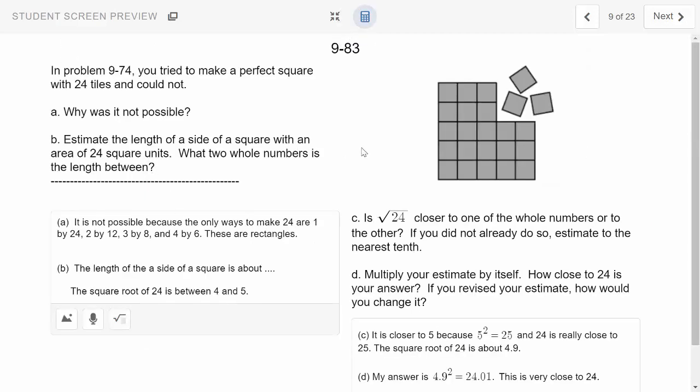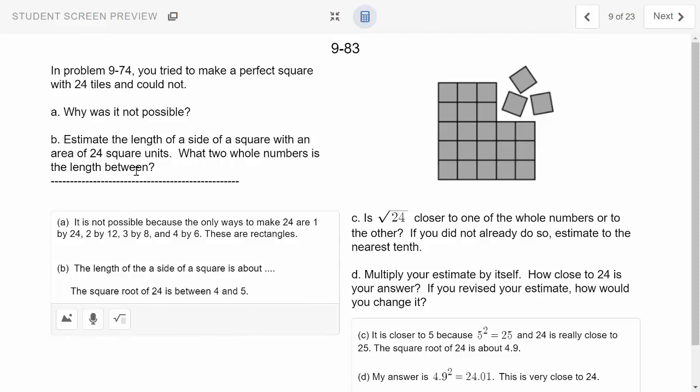Problem 83. It's not possible to make a perfect square out of 24 tiles, because 24 is 1 by 24, or 2 by 12, or 3 by 8, or 4 by 6. Those are the only arrangements you can do with those tiles, and all of them are rectangles. The length of the side of a square